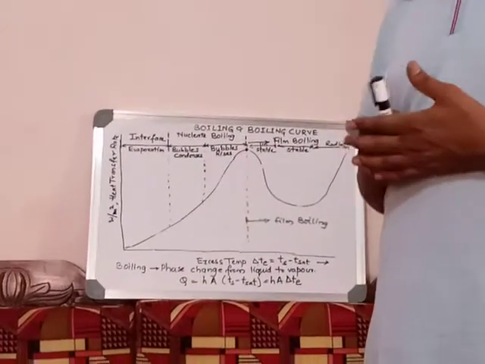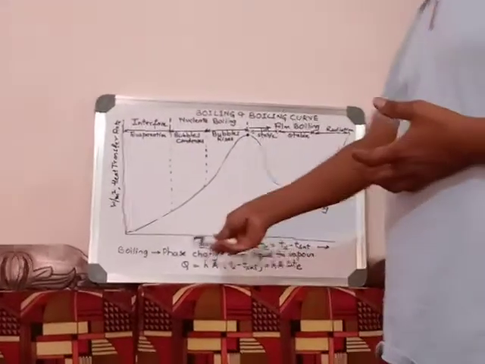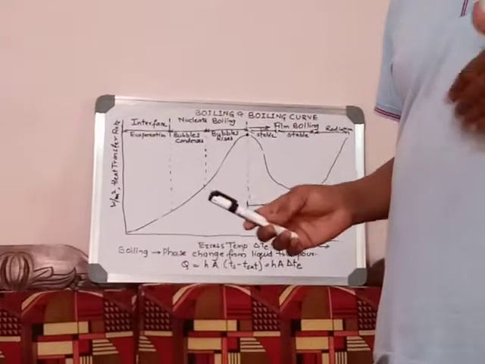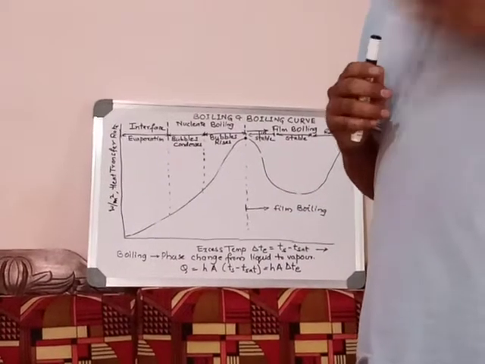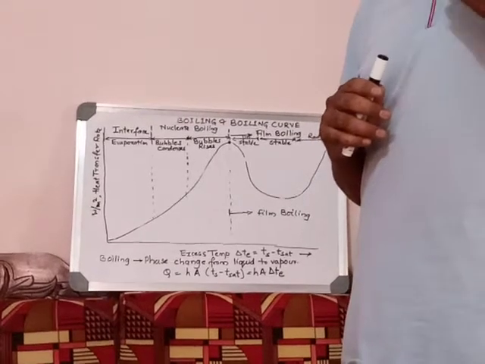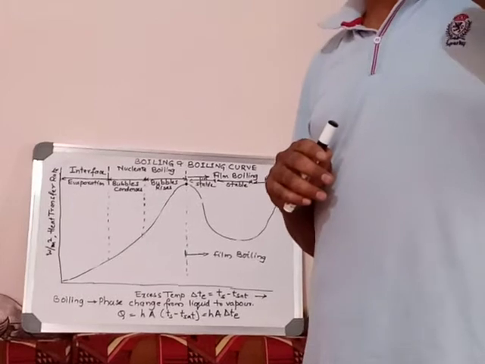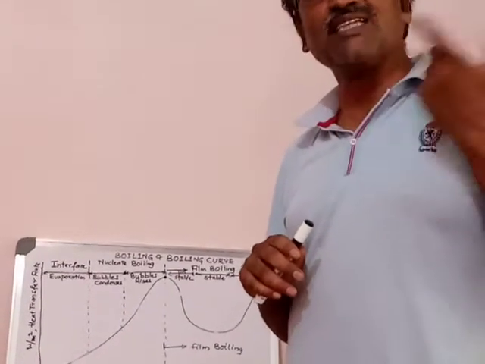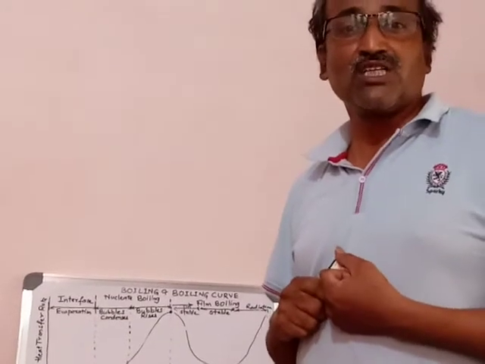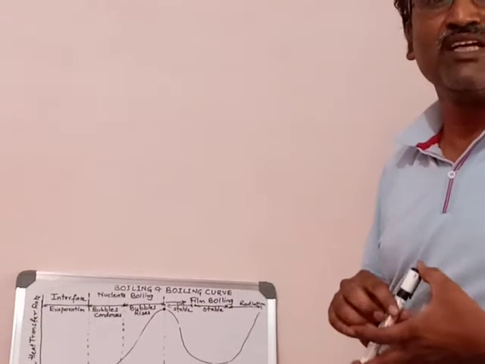So what conclusion are we going for in the boiling process? What is the boiling process? It is a phase change from liquid to vapor. We are converting liquid to vapor, but how? In an economical way, the heat you are giving to the water should be converted into vapor with minimum heat transfer and maximum benefit. Otherwise it is a wastage of energy, a wastage of heat.